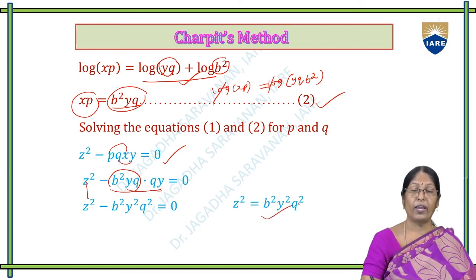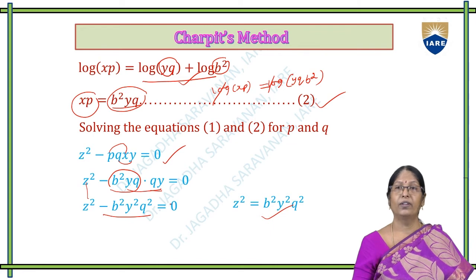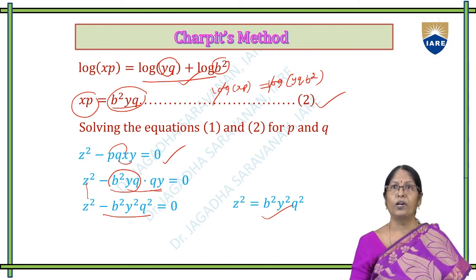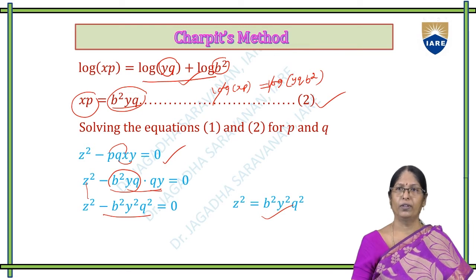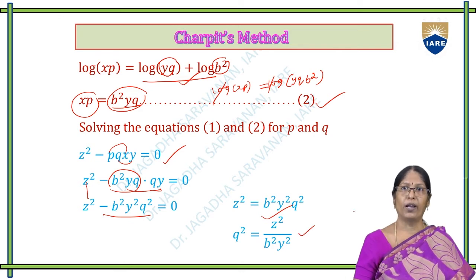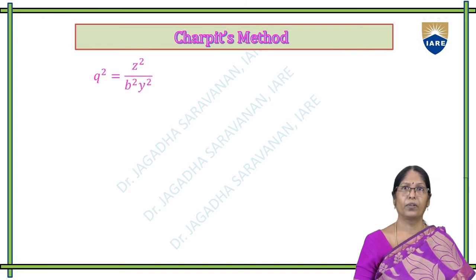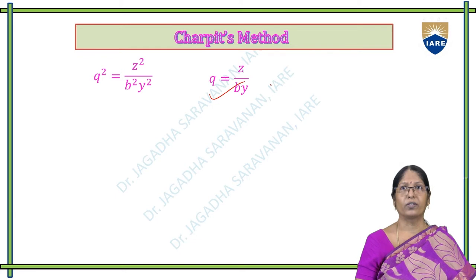So z square equal to, just bringing it to our right side, z square equal to b square y square q square. Therefore, q square equal to z square by b square y square,